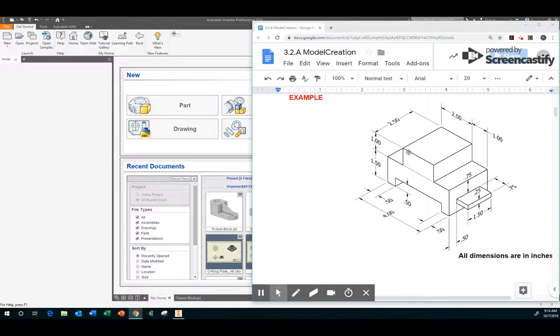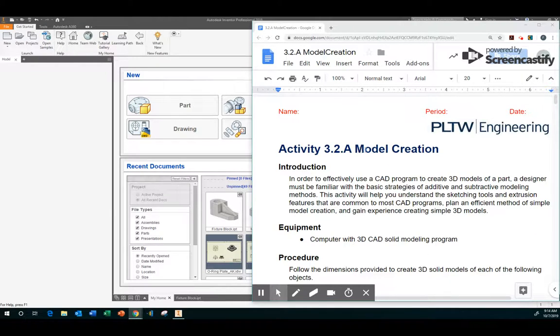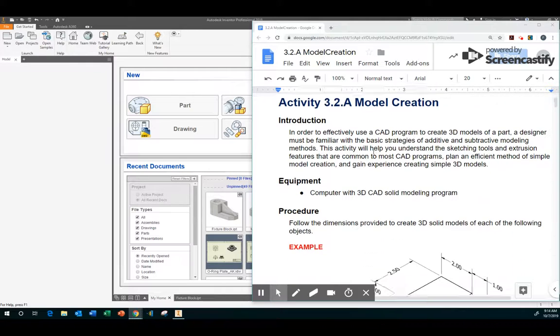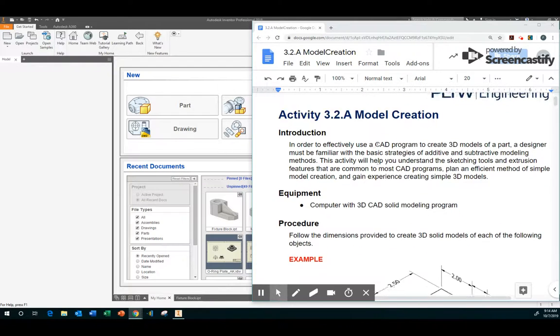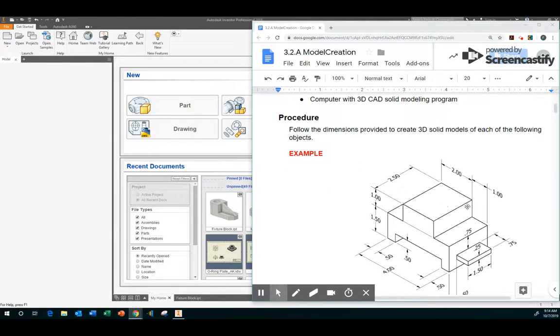Good morning, class. So we're going to get into model creation. And like I said, I'm going to guide you through this one again, just like I did the other video. Today, we're going to be looking at model creation. And I call this model basic creation, but this is actually our first opportunity to go ahead and model something